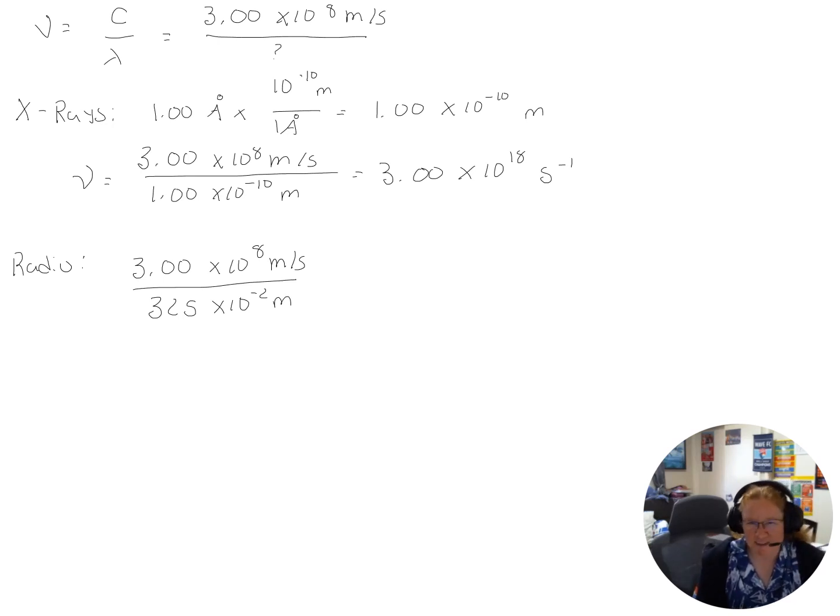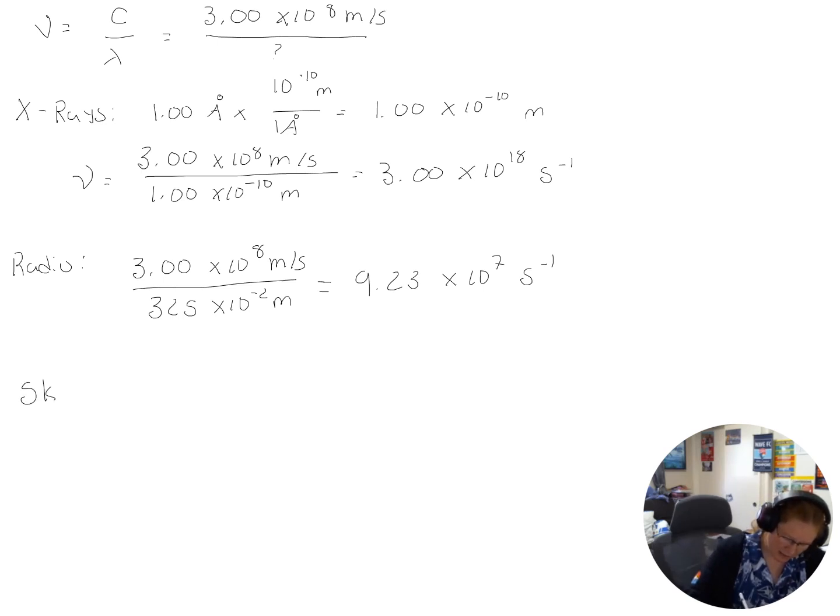You don't have to put it in correct scientific notation when you're doing this type of problem, because that's not your final answer. Your final answer will be in correct scientific notation, but you can just do the conversion from centimeters to meters by tacking on that 10 to the negative 2. All right, we're going to get 9.23 times 10 to the 7th inverse seconds,